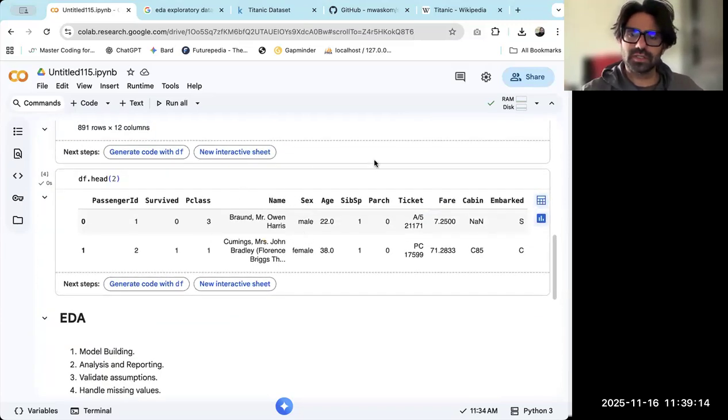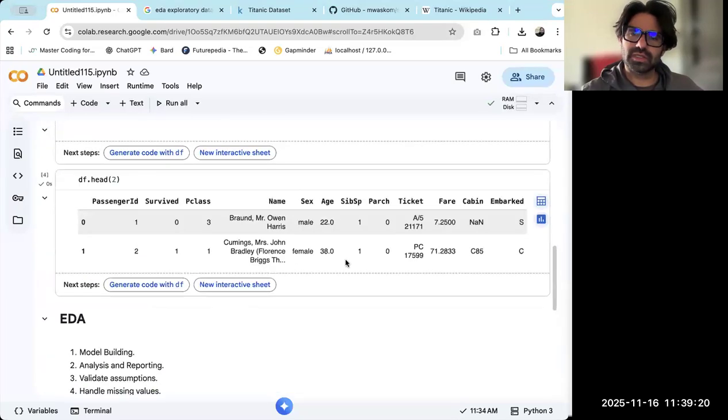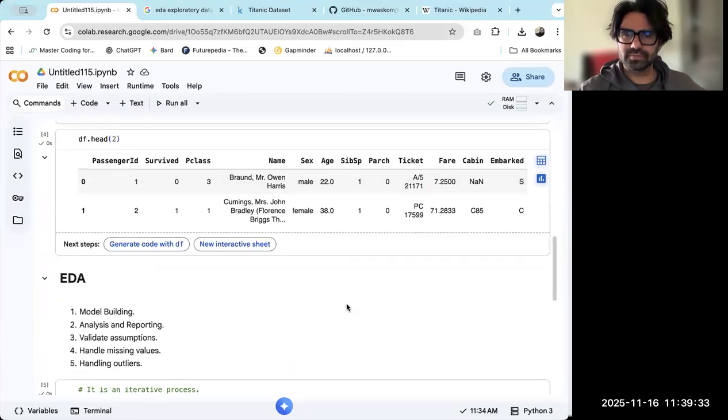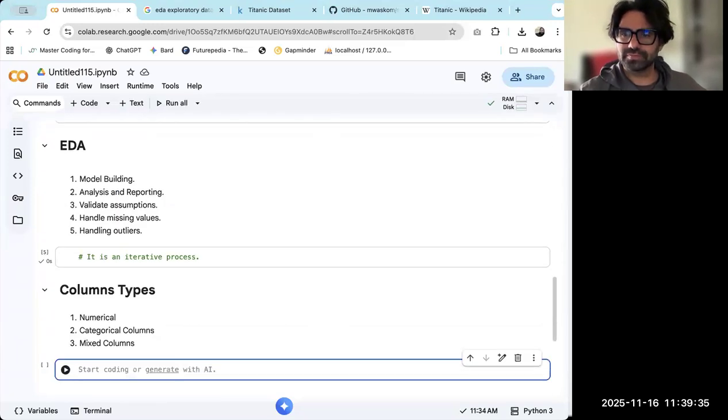You can say the cabin or embark as well, represent a category, passenger class also, right? There are mixed ones as well. Ticket is sort of textual as well as numerical, alphanumeric, right? So that is mixed. I believe that makes sense, and we'll move from there,